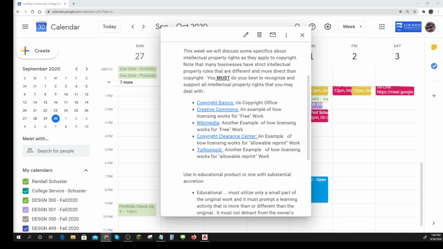If you've looked up a picture, or if you've looked up some text, or if you've used music, somebody else did that work. That was somebody else's intellectual property. Unless you made it yourself, it's somebody else's intellectual property. And we have to be knowledgeable about what their thoughts are, who can use it and who can't, their licensing agreement.